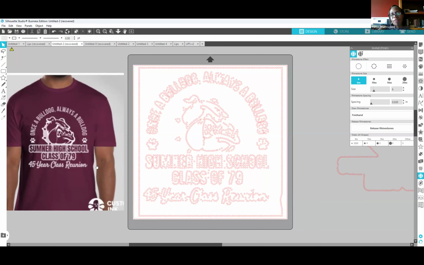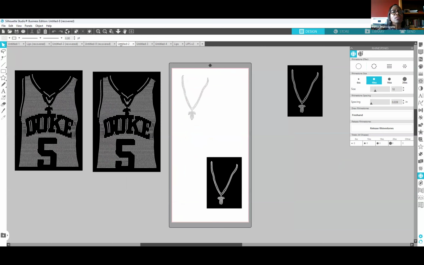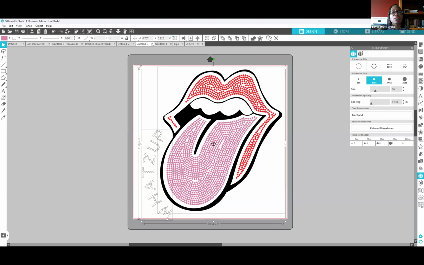But for every graphic that I use, everything that I start with, I always start with these same steps. I start with the trace, and then I work my way through the graphic, looking at which parts of the graphic need what, and either subtracting or adding, whatever I have to do to try to get it there. But let me see if I can find the one we were working on,